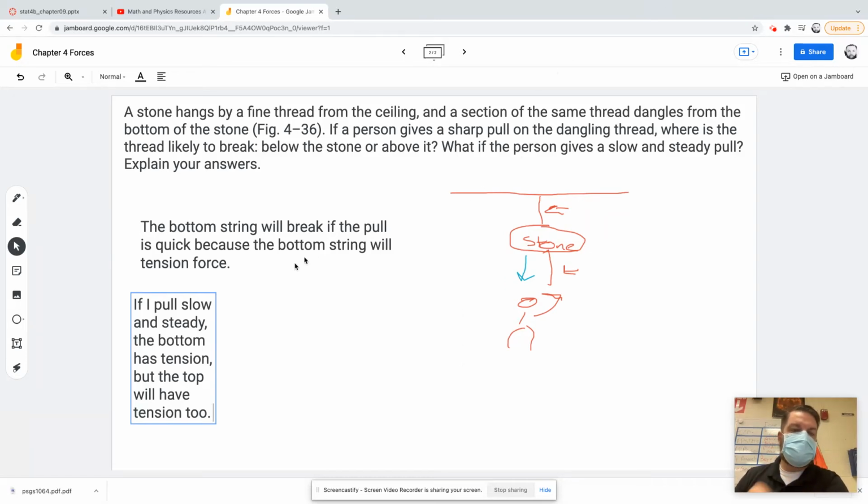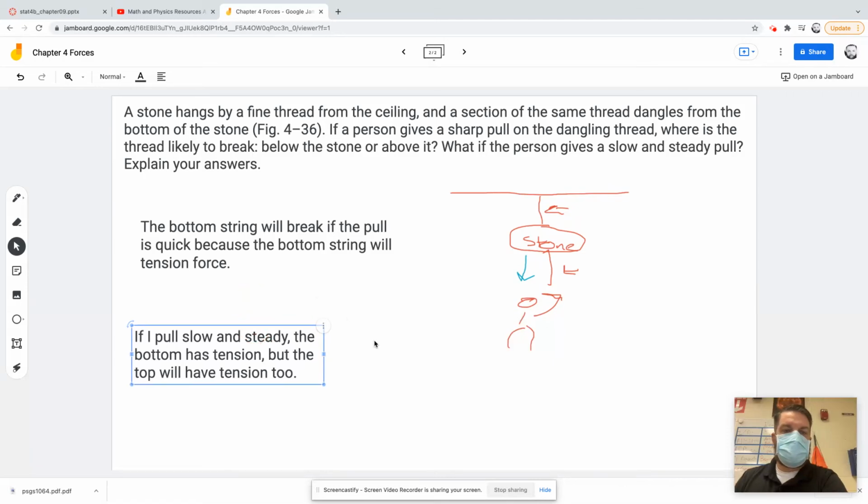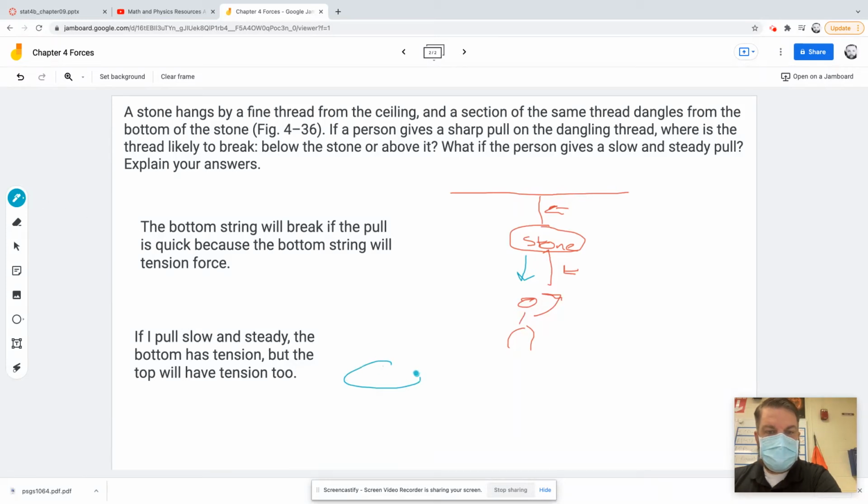So let's look at this. So what's going on here? Well, if I draw my stone separately, when I go slow, if I take my stone